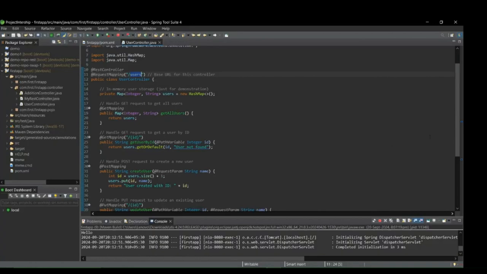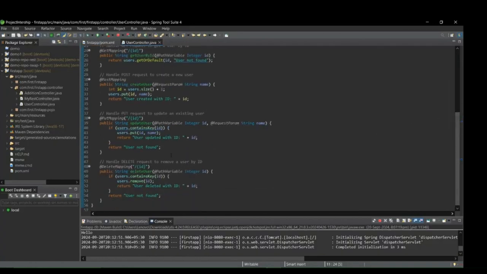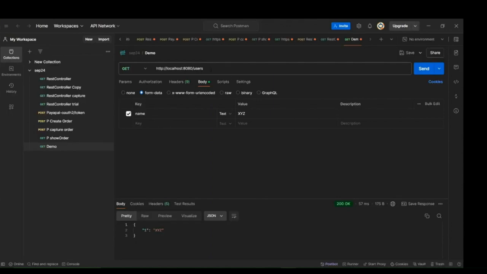And we can discuss the last one here, DeleteMapping. We all know DeleteMapping handles a DELETE request to remove a user by id, that is, the particular id is given in this particular URL. So let's try it, slash 1, and this is DeleteMapping, and send. Okay, user deleted with id 1. Suppose if you want to get the user